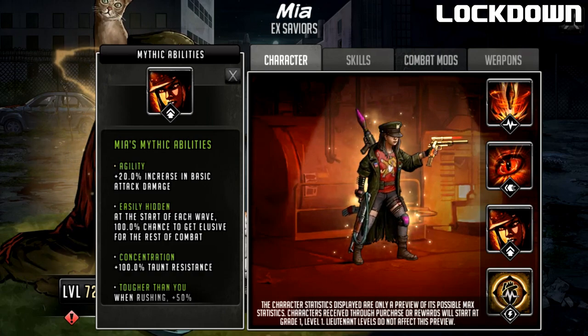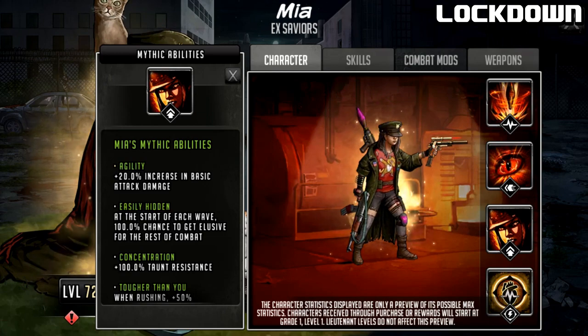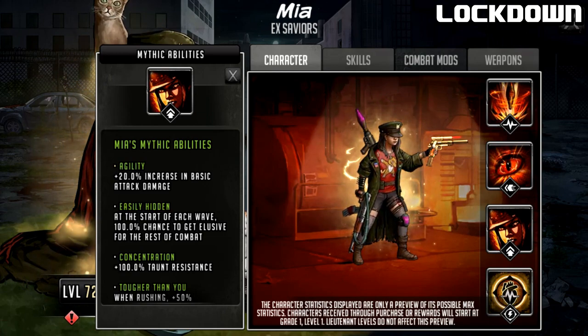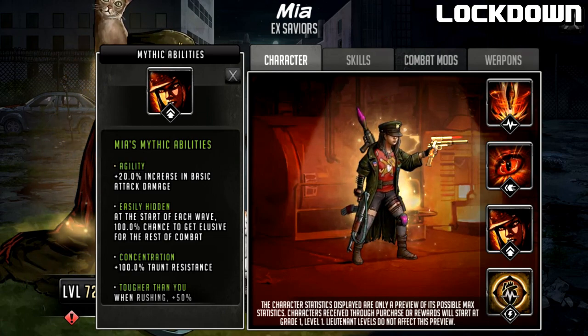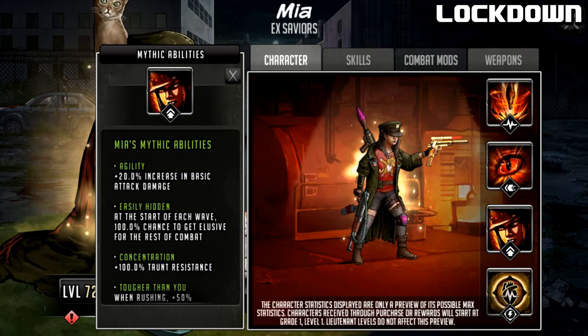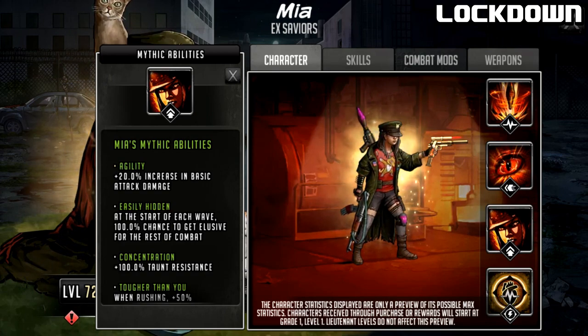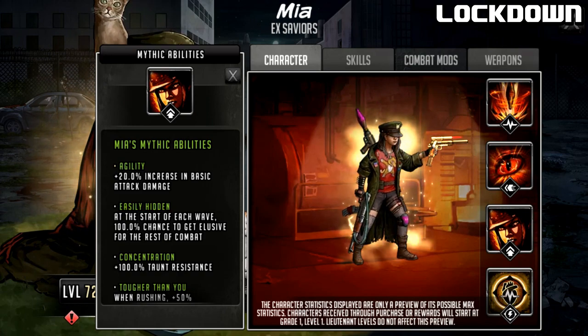So agility is not really that big a priority to actually upgrade here. Easily hidden is the next one. You probably saw it in some of the clips. At the start of each wave, 100% chance to get elusive for the rest of combat. This is actually really good because when you attack characters and do damage, you give them AP because of the damage they take. But if you've got elusive on yourself, you don't give AP when you do damage or when